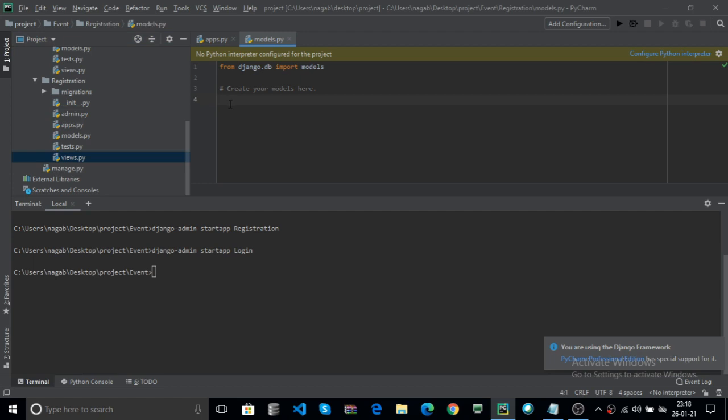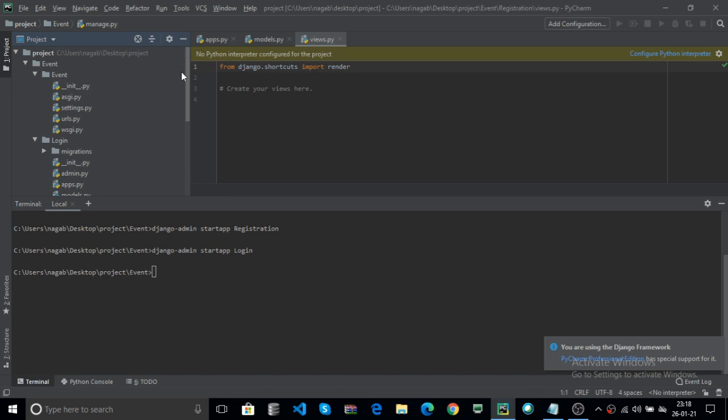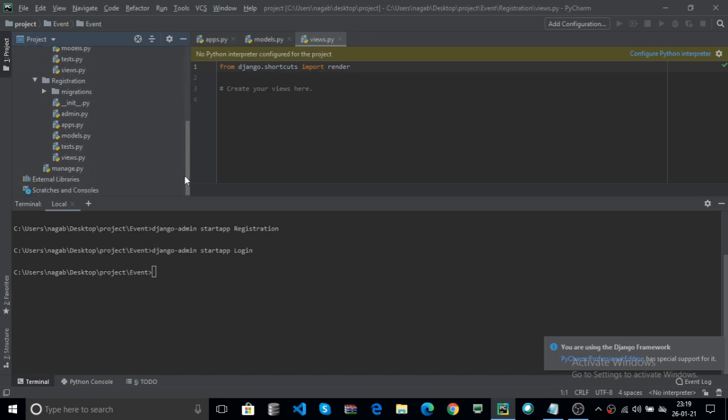Views.py handles both templates and HTTP responses and requests. Finally manage.py is outside of your web apps and outside of your event project. Manage.py is the command line utility, used to communicate with your Django project.